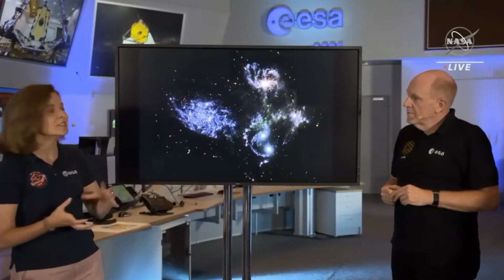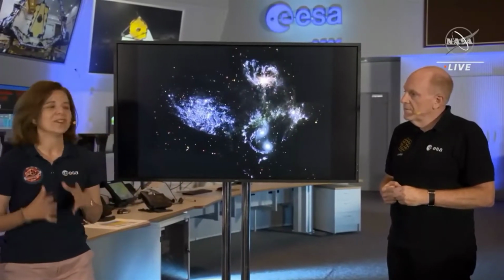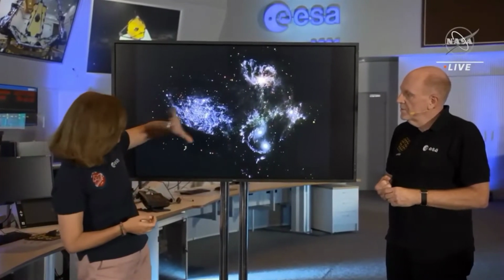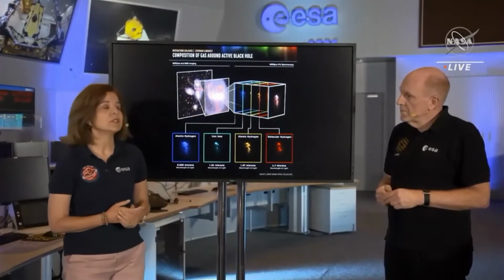Yeah, that's an active black hole. We cannot see the black hole itself, but we see the material swirling around, being swallowed by this sort of cosmic monsters, and this gas gets heated to extremely high temperature as it falls onto the black hole, and it becomes very bright. In fact, this is how shiny is the galaxy. Here we see luminosity that is 40 billion times the luminosity of our Sun. It's really, really bright. And with NIRSpec, we can zoom into this area, and we have this technology that allows us to take